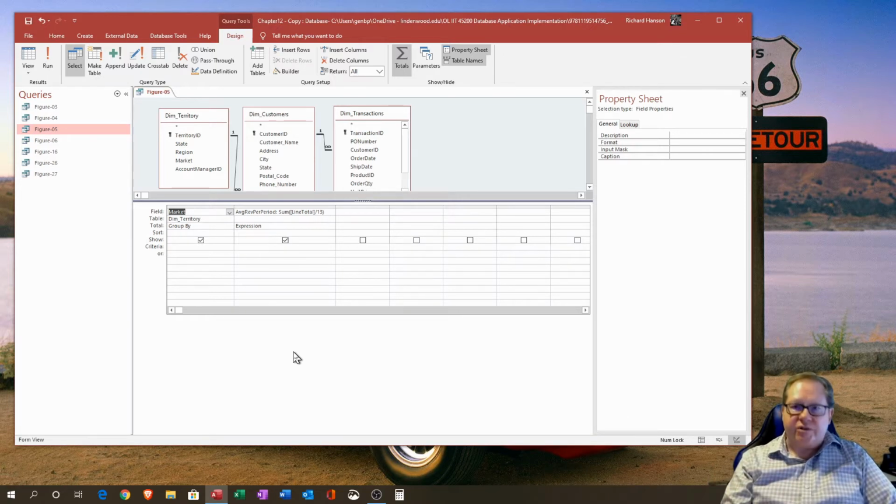Just like a year isn't actually 365 days, it's 365.25 days. So you have to kind of understand how the data and calendars lay out in order to get the accurate numbers here. But so average per period, we're going to sum the total divided by 13,